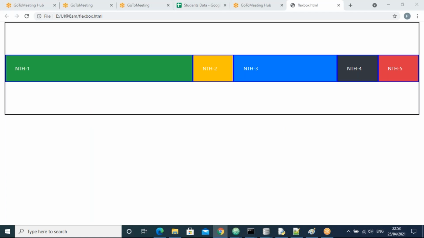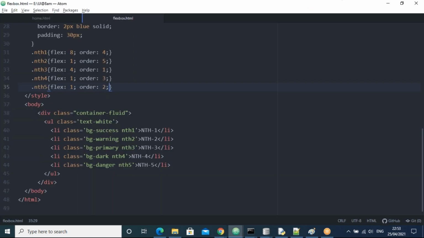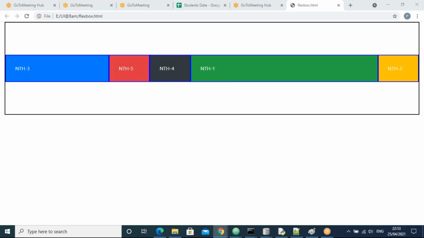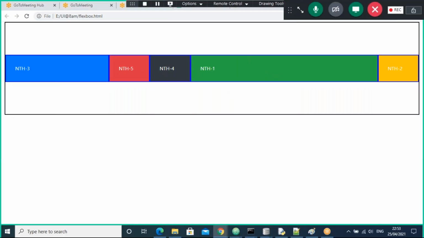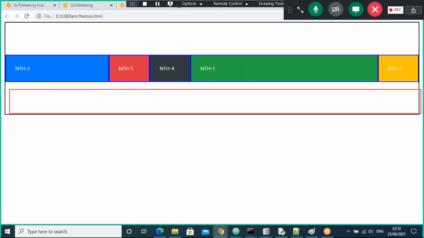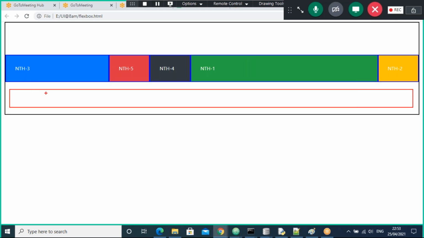Let's go there. Let's refresh here. Let me save this one. Yes, guys. Let us see now. Now all of you observe here, guys. The order changed, right? Now, if you see initially, what is the order, guys? Generally, initially the order is one first, right? Then two is there, and then three, then four, then five. This is the actual order, right?